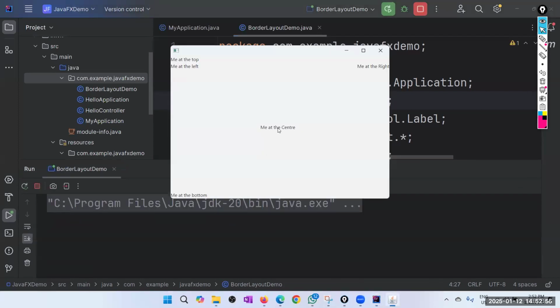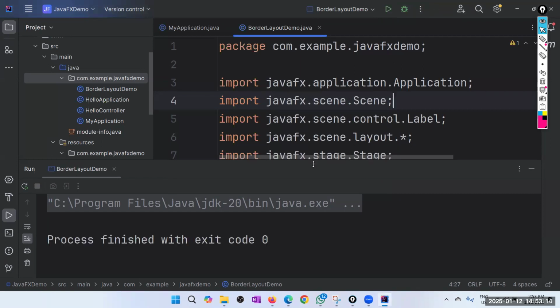Right. So you can see this is the center area. This is the top area, left area, right area, and this is the bottom area. The top area content is in the left corner because by default it's left justified. Okay, right. So what we have done is